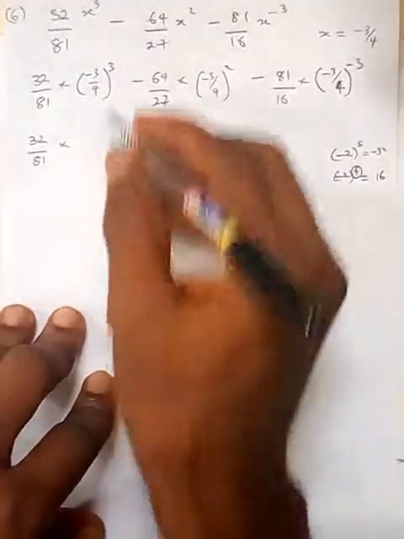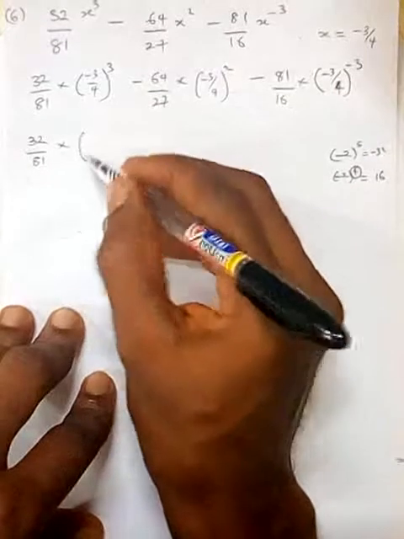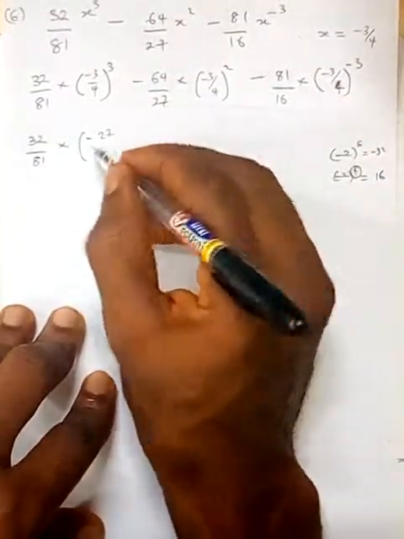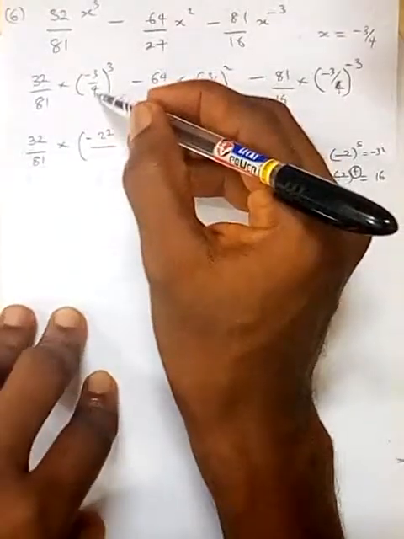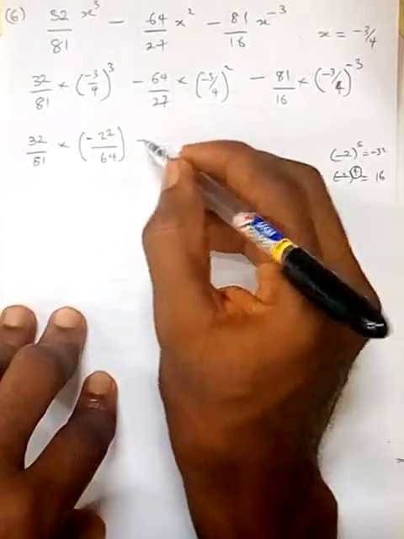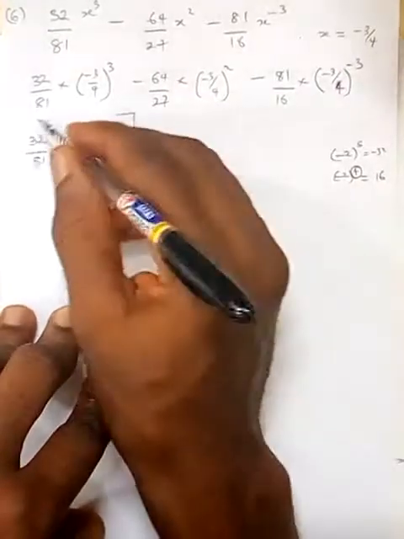That's a simple trick you should know. So this will be negative still. 3 raised to power 3 is 27. 4 raised to power 3 is 64. Minus, take note these together,